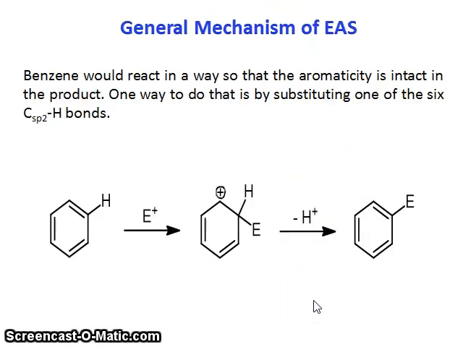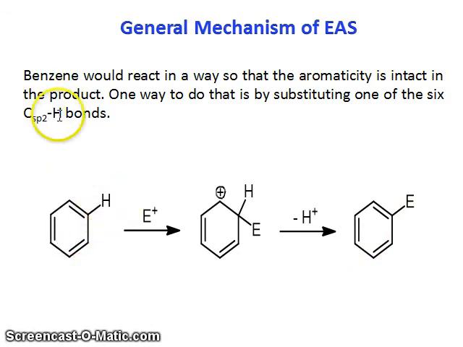Now the question is what are the ways that these molecules will react? So the first thing you have to understand is that these molecules are stabilized because of the aromaticity. So for it to react, the aromaticity has to be maintained in the product. Whatever happens in the intermediate, momentarily it might lose the aromaticity, but it has to regain the aromaticity in the final product. So one way is that you have to replace one of these CH bonds, which is sp2 carbon and hydrogen,